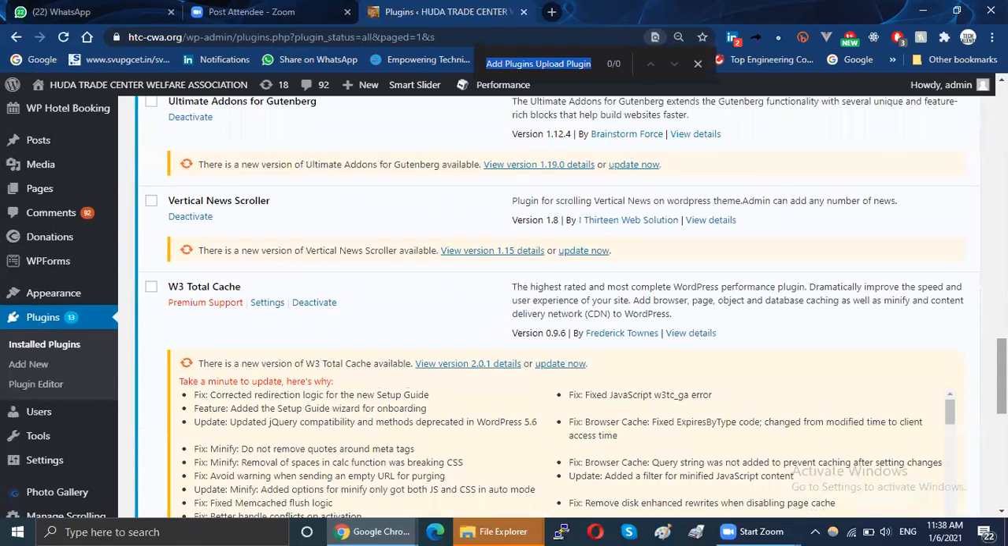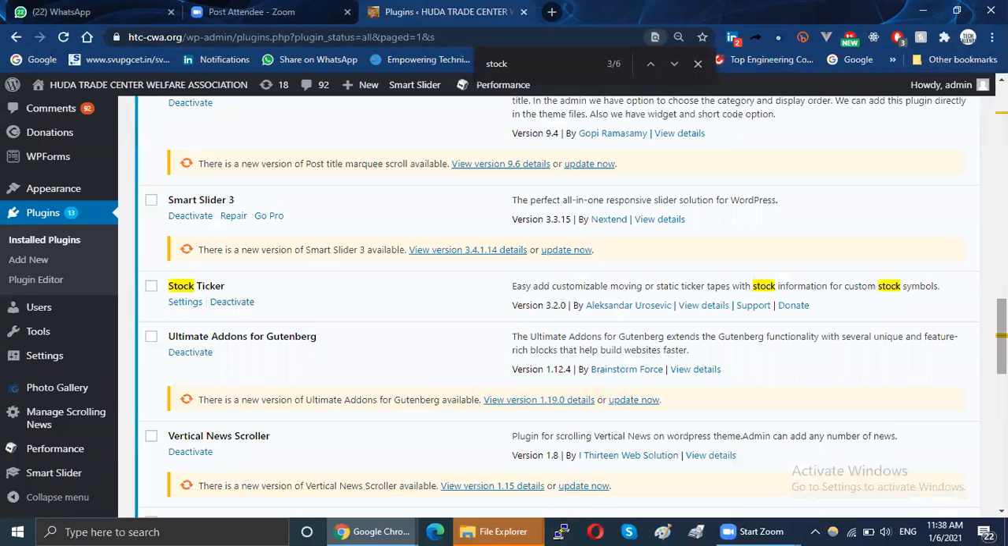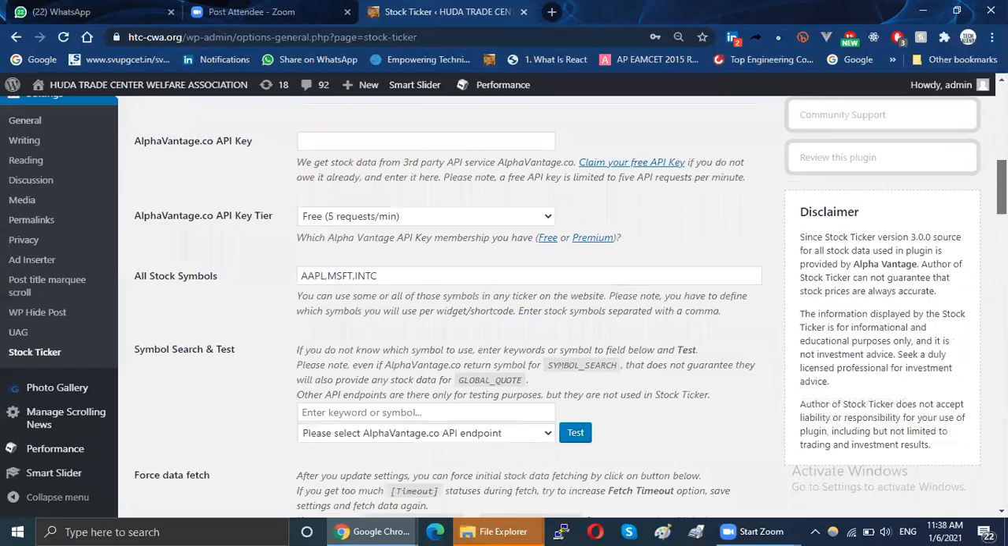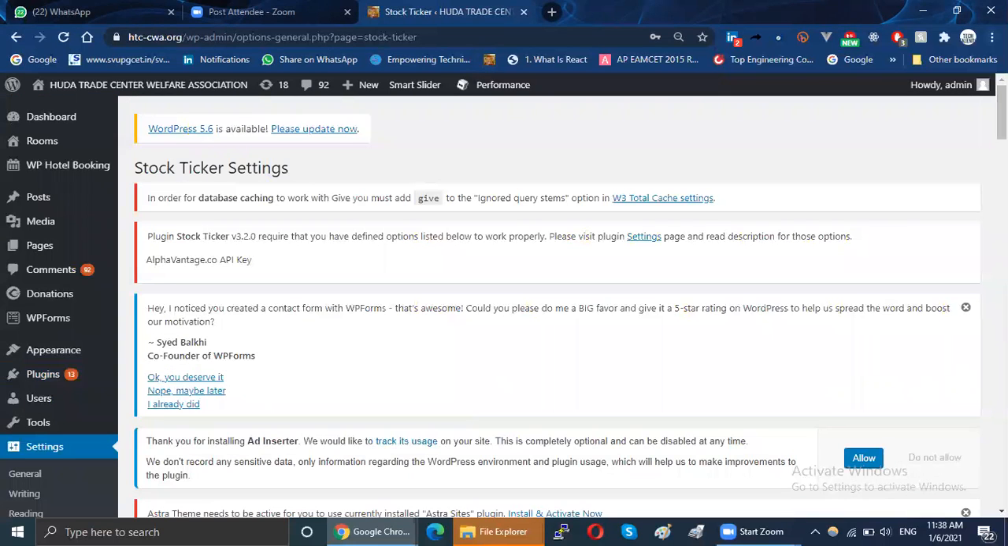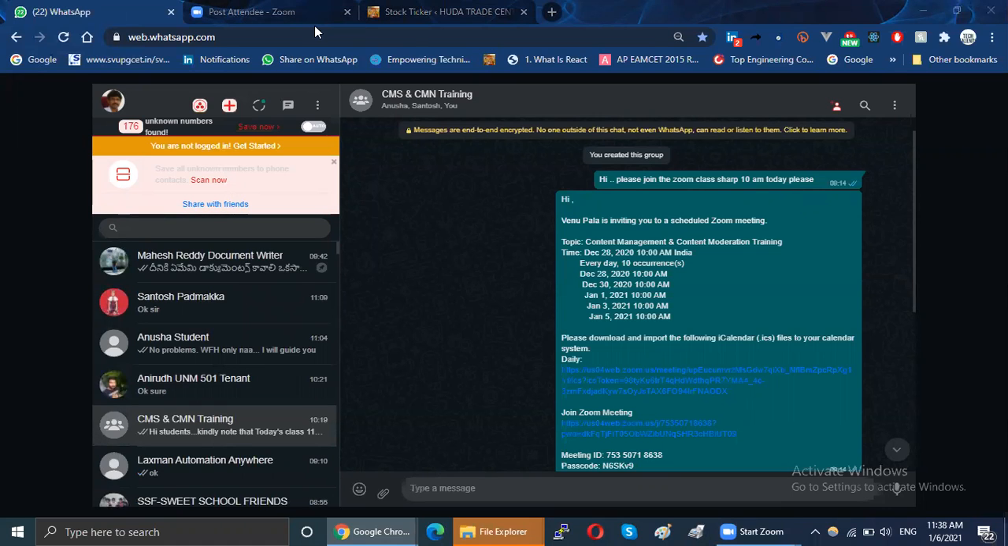For example, here I have the stock ticker. There is documentation available. You just go to the documentation and read how to use that plugin. Obviously, if you want to put stock information, you need some APIs for that. If you provide the API, you can use the stock code plugin. So that's all about this WordPress